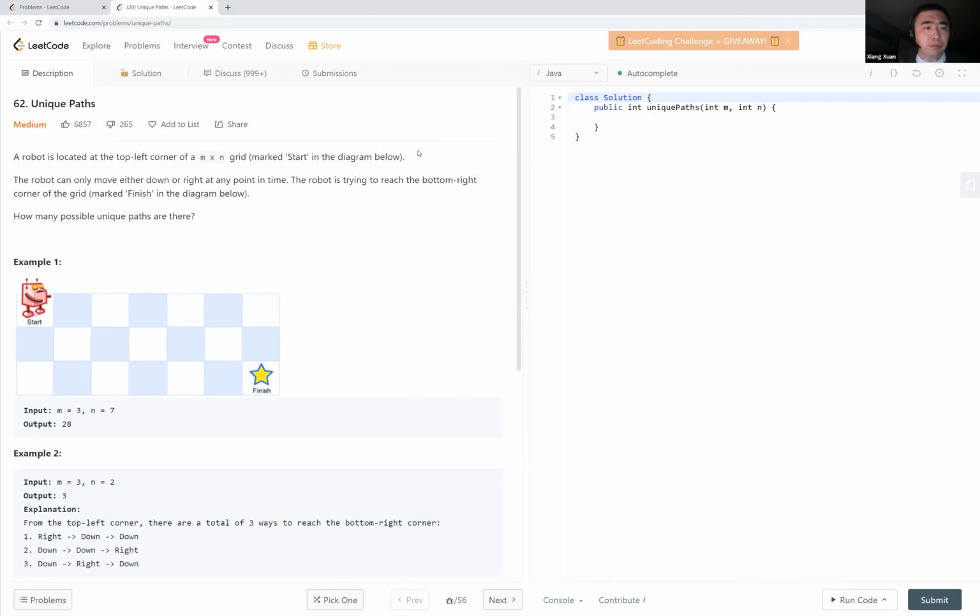You have a robot originally located at the top left. You want to let this robot reach the finish line. The finish is at the bottom right. Sometimes the starting is at the bottom left and the finish is at the top right, but either way, it's the same. So in this particular case, every time the robot can either move one step down or move one step to the right. Now the question is asking how many different ways the robot can reach the finish line,